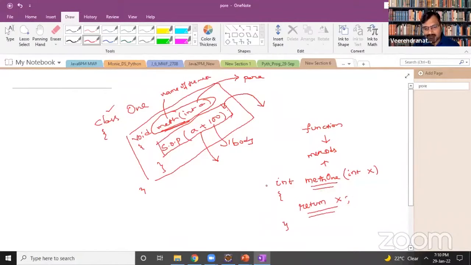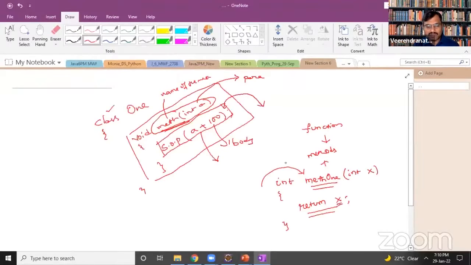So when this method is called, something has to be returned from the method call. That is nothing but the return.